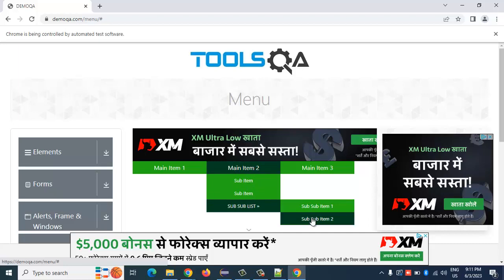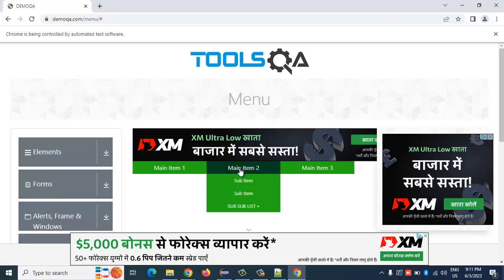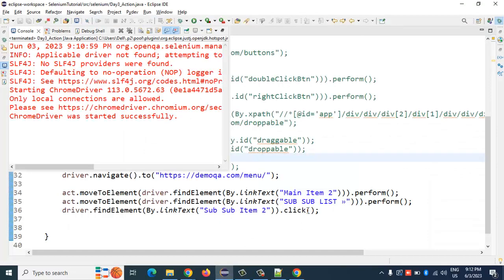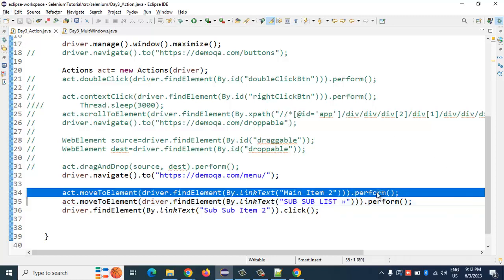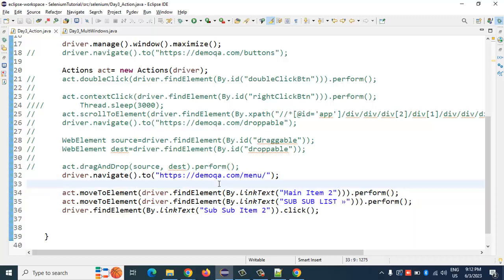Okay, so since it is a dummy application, there is no redirection after you click on this sub menu for whatever reason, but our script has worked fine. No errors in the execution, and this is how you hover your mouse. Okay, and I will end today's session with the final one, which is